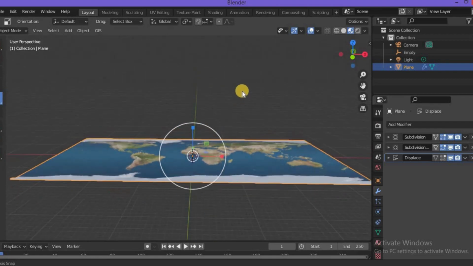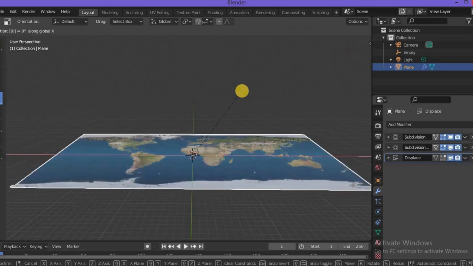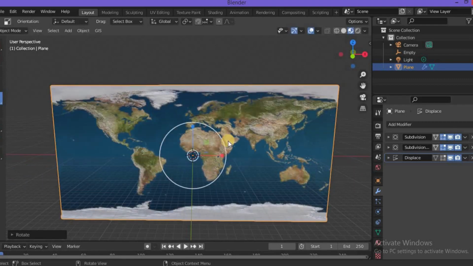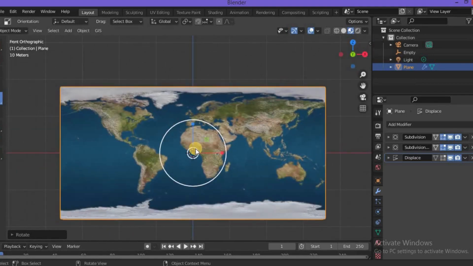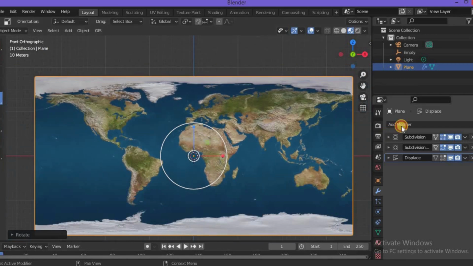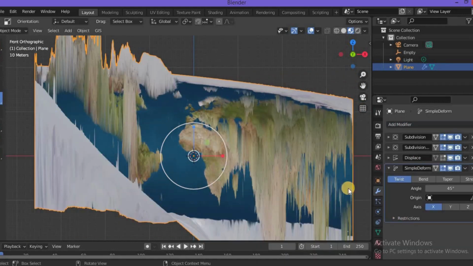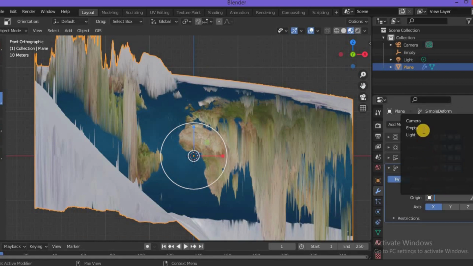Next, what we need to do, we need to convert it into a globe. So for that, we need to reorient it and then just select RX90 in this direction, so that when I select Y direction, so you can see the map. That's it. We need to apply one more modifier by the name of simple deform. So you can see the simple deform has disrupted our image. That's because we have not set the origin. Let's set the origin as empty.